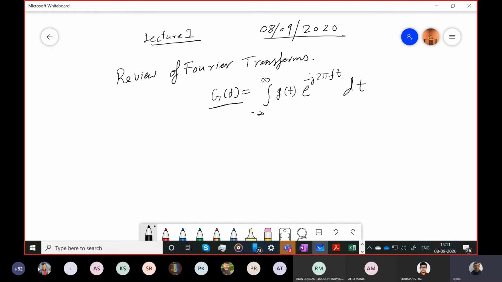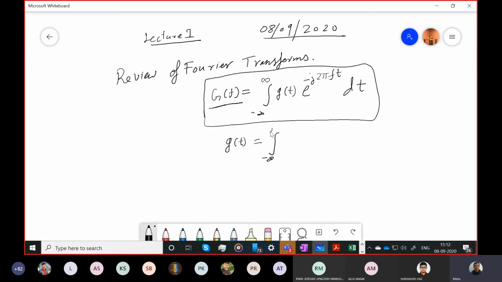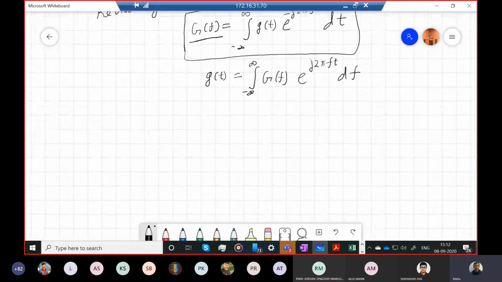I won't repeat that, otherwise we'll keep on repeating things and we are anyway short on time. So simply, we define the Fourier transform of a continuous time signal g(t) like this, and we can reconstruct g(t) from this as this,